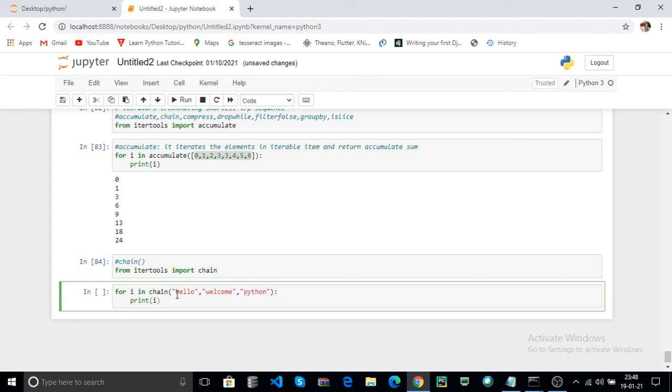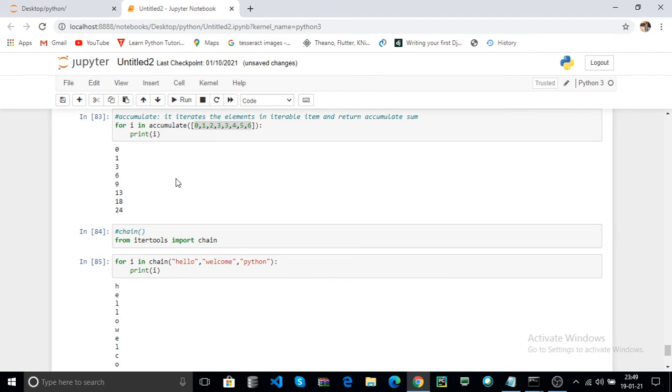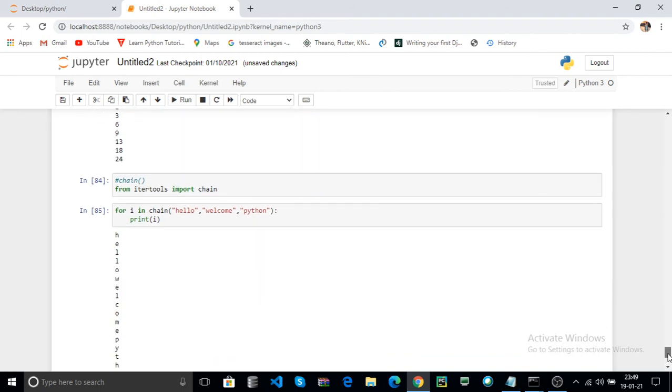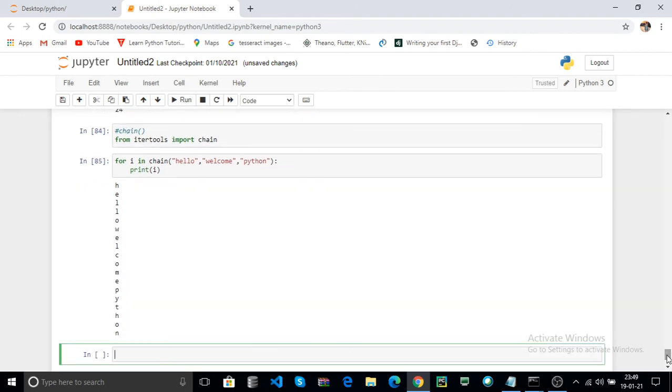That means first HELLO is printed in the prompt, after that WELCOME, after that PYTHON. It does not print the string directly, it prints every character. That is the chain. Now click on run. Here it prints HELLOWELCOME.